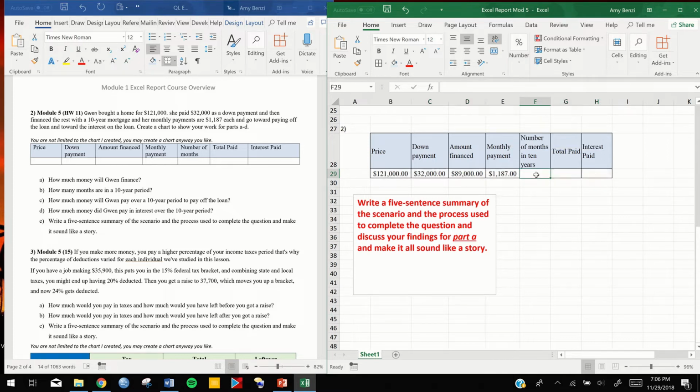Of course, I didn't do the months because months don't get counted in dollars. But the question here was how many months in 10 years? Well, there are 12 months times 10 years, 120 months. And then we want the total paid. Well, how much did she pay? She paid